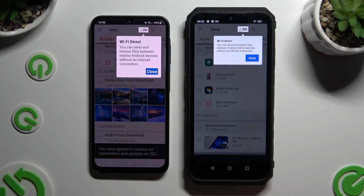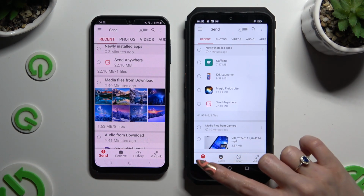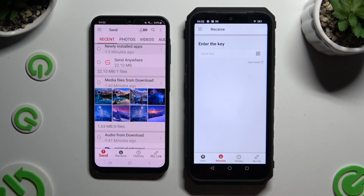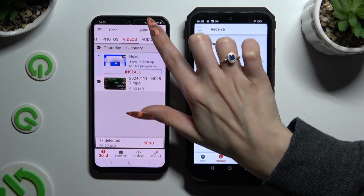Now tap on Close in white pop-up at the top and select Send at the bottom left corner of Samsung. Then Receive right next to Send at the bottom of Ulefone. When you're ready, go back to Samsung and using all of those categories at the top, select multiple files that